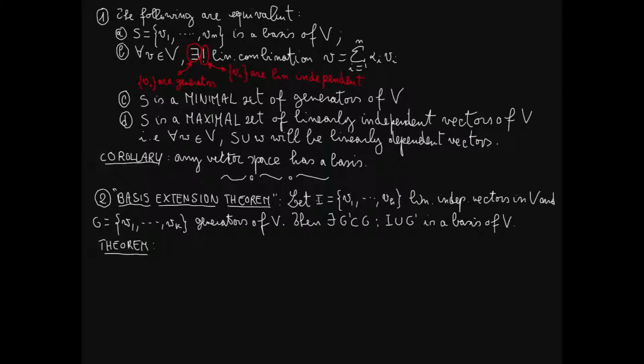So using the same notation as in the theorem, the number of elements of I will always be less or equal than the number of elements of G. Well, this will be a corollary of the first step of the proof of the basis extension theorem. So I state it as a fact here. And then this theorem will have an immediate corollary,